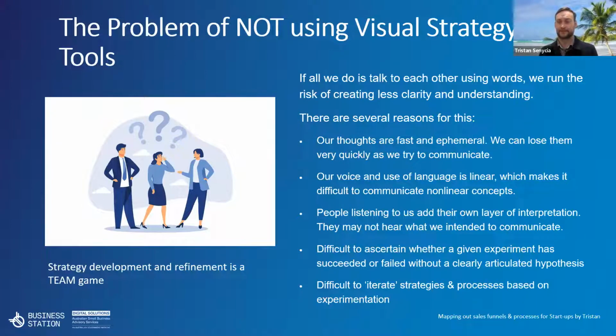So if you're in a team, you've got co-founders or a team of some sort, then if you just communicate what needs to be done without actually providing a process workflow, then potentially it can be misinterpreted quite easily. So there are risks around clarity and understanding. And also,